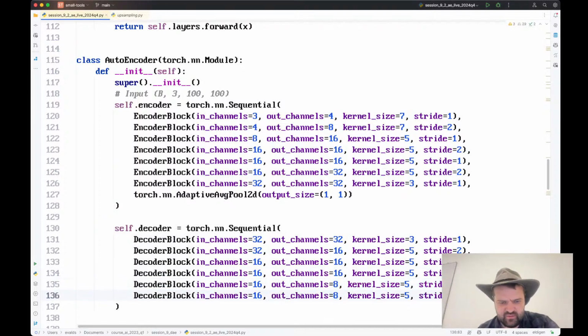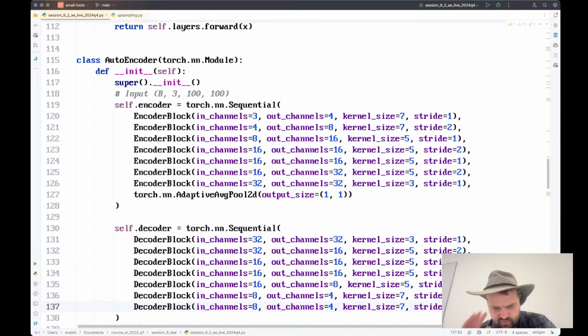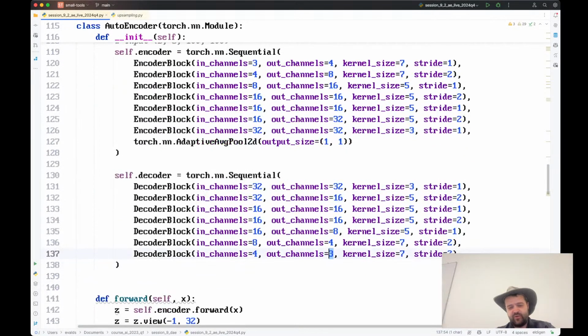So 8 to 4. To 2. No, 7. Let's say 7 larger. 2. And then 4 to 3. RGB. And by the way, here again, if you follow a little bit here, what we could do, we could